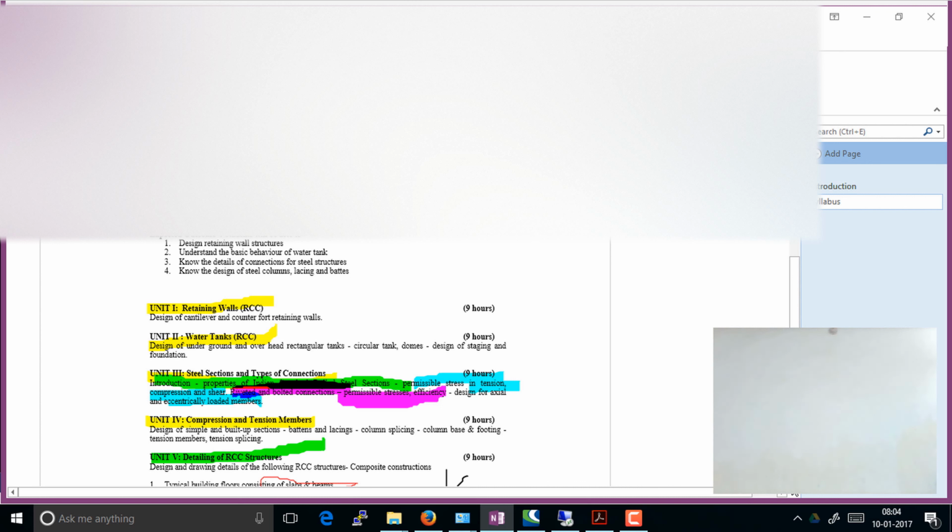So again, as I was saying, IS 800 2007 is absolutely required for your program here, and you will need to have some other code books also, especially the steel section tables, because that is what is going to be giving you so many properties which you're going to work with. Okay, so it's 8:05. We will start with our attendance,